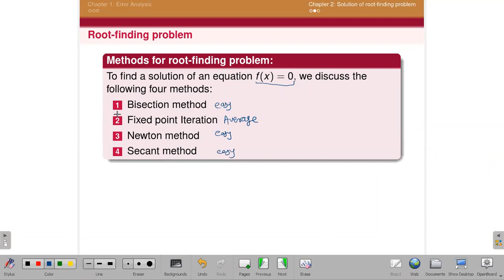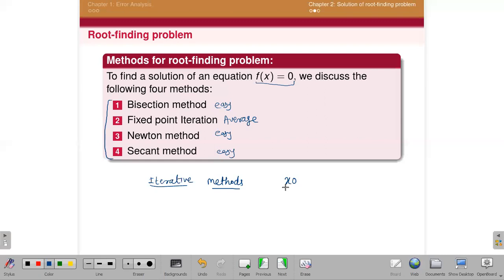Actually these are formula based methods. If you know the procedure, then you can do it easily. There is nothing difficult in these problems. These are all iterative methods. You know what we mean by iterative methods? In an iterative method, you get iterations. Suppose I'm using any of these methods on this function. Suppose I start with x naught, an initial guess.